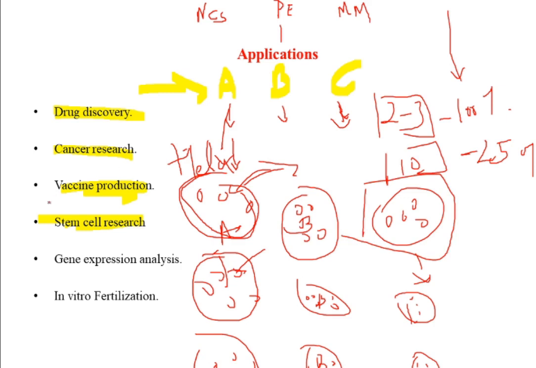So my point here is that you cannot directly test these chemicals on the patient. It is better to test the chemical first on an experimental system. First you need to check your hypothesis by running these experiments on animal cell culture. This is how animal cell culture plays a very important role in drug discovery and cancer research. This is one example which covers drug discovery and cancer research.